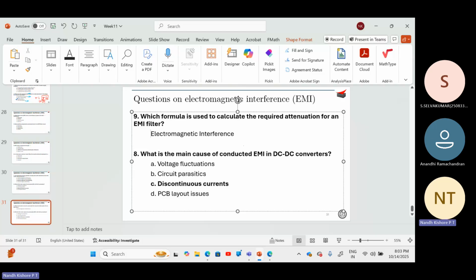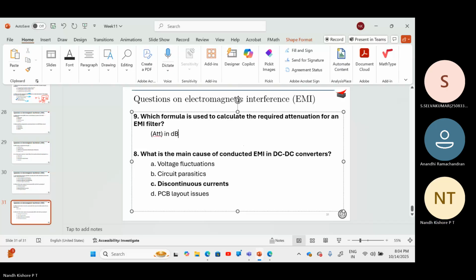So it will be 20 log, right? Do you remember? It will be 20 log. Then it has to be V in minus whatever is the peak to peak ripple minus V max, right? That is, the answer would be the attenuation, right? The attenuation